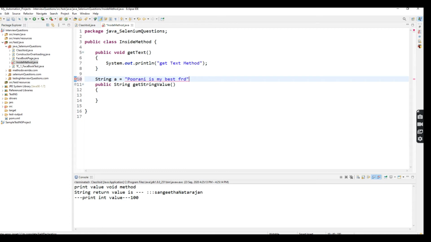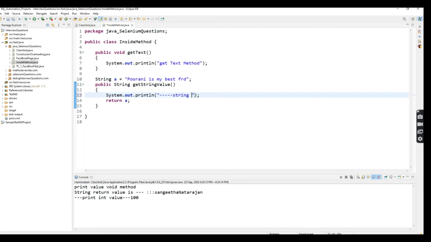This is the text I assigned to the string a variable, and I'm going to return this one. Here I give System.out.println, the string method, just to print it.